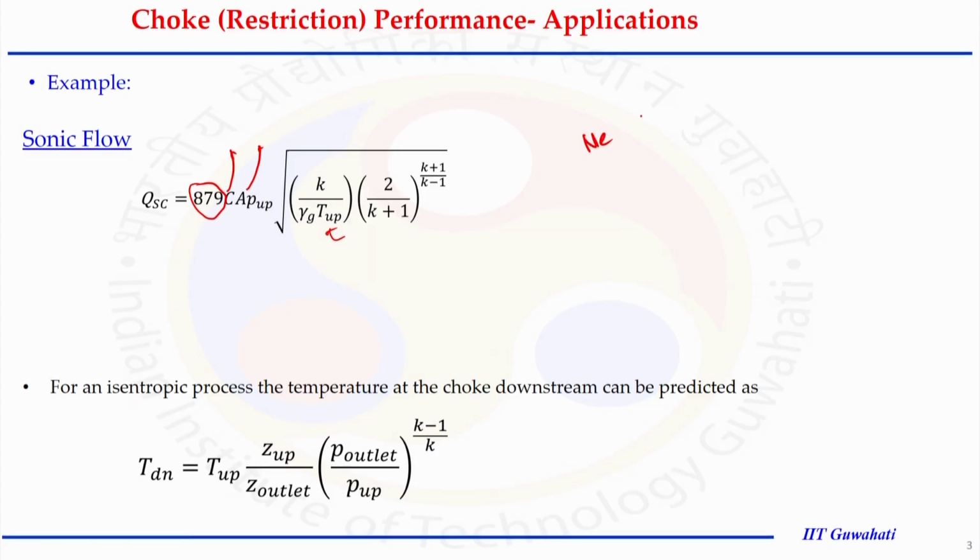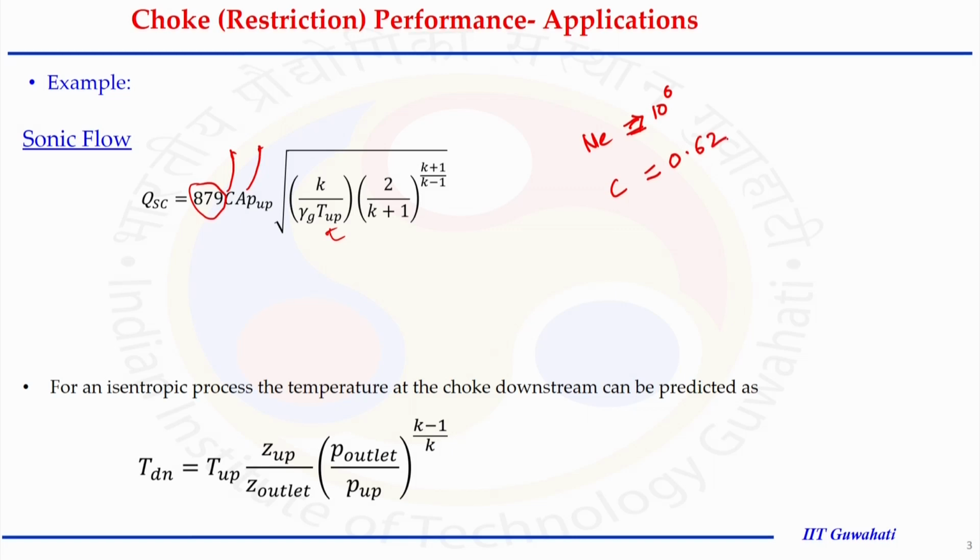Let us say the Reynolds number is very high, where the discharge coefficient becomes almost constant. If we take the Reynolds number greater than 10 to the power 6, or let us say we assume it is 10 to the power 6, we can go to the chart or the particular equation to calculate the discharge coefficient, as discussed in the CPR class. We will get a discharge coefficient of 0.62.